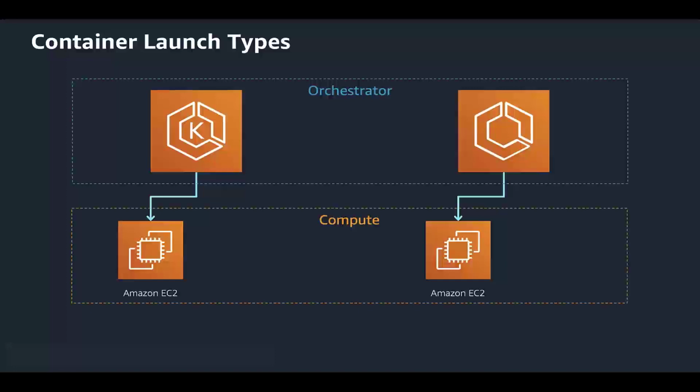If you're running containers on an EC2 cluster, the orchestrator creates an auto-scaling group of EC2 instances and manages the scale-out and scale-in actions of the group. So if one of your containers needs to scale up, but your existing instances have used all of their capacity, the orchestrator will add a new EC2 instance to the cluster. Likewise, if enough containers stop to free up an entire instance, the orchestrator will terminate that instance. This way, you only pay for the compute capacity that you're using. The orchestrator automatically places containers on instances to maximize resource usage.